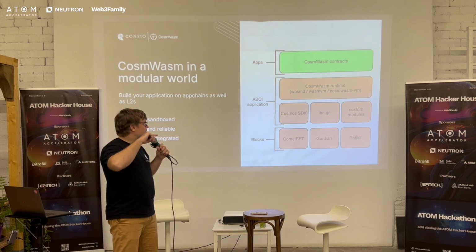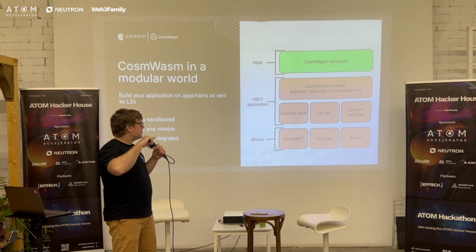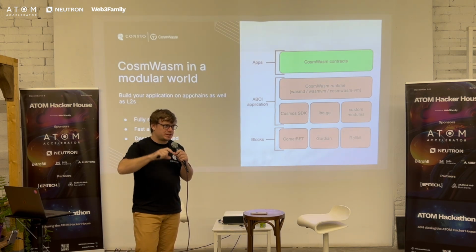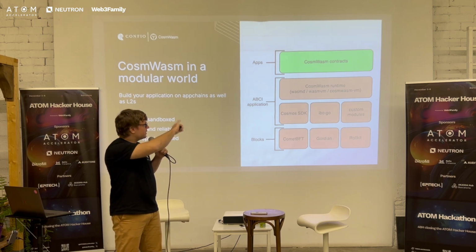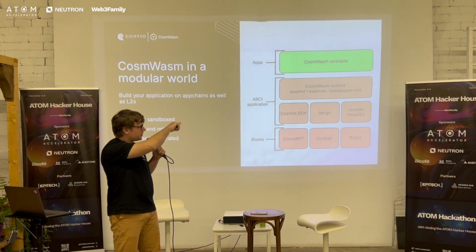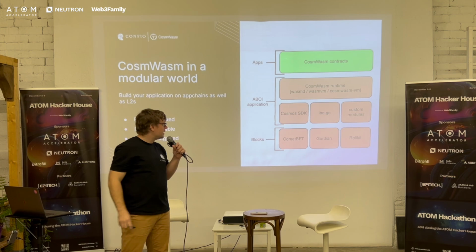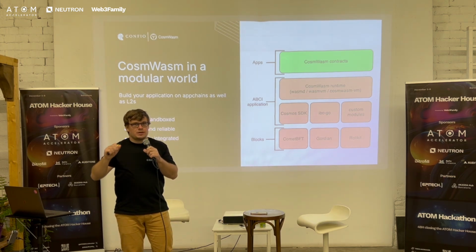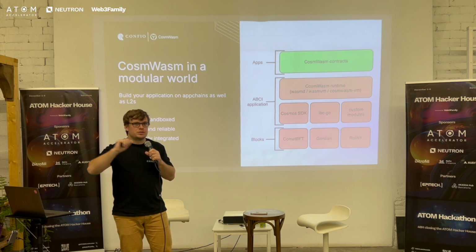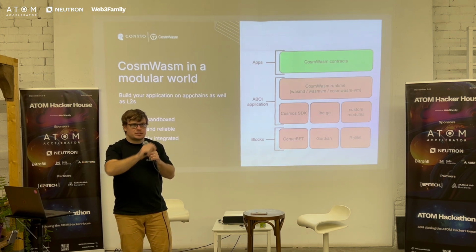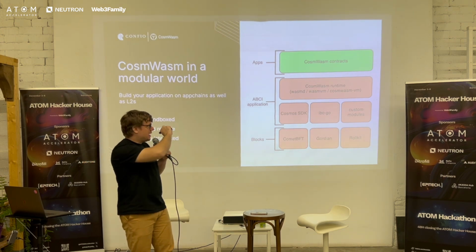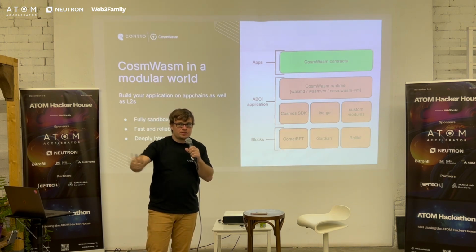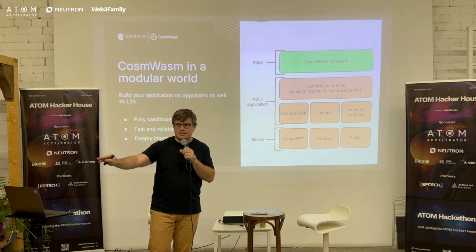On top of that, we have an ABCI application. ABCI is the interface between the Tendermint block production and the application layer. And everything that you have in these orange boxes, including the ABCI application, is something that you need to finalize when you deploy your software to your blockchain. And every time you change a tiny little bit in any of these orange boxes, you need to deploy new software to all of your validators.